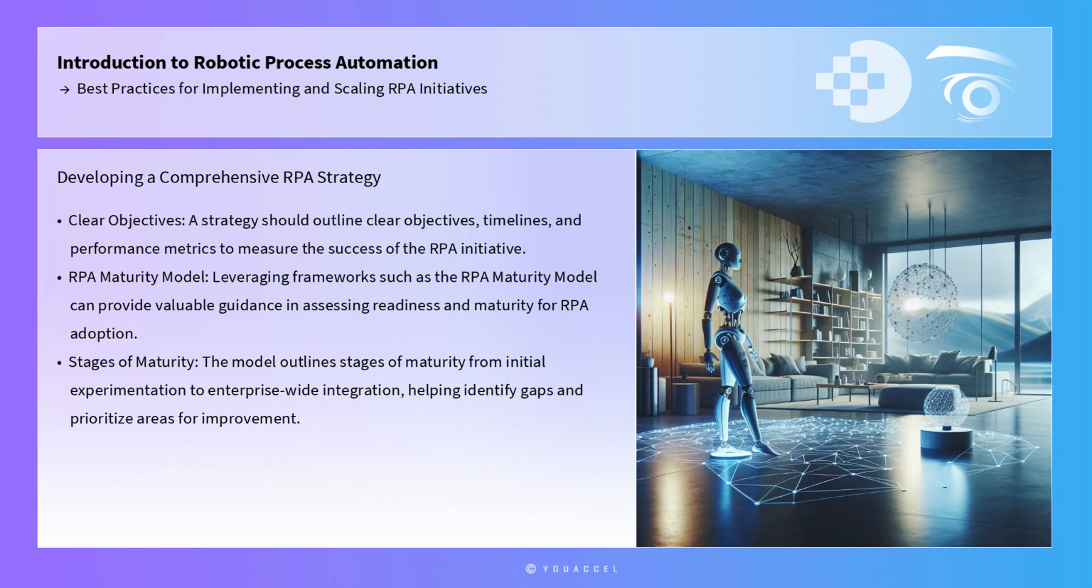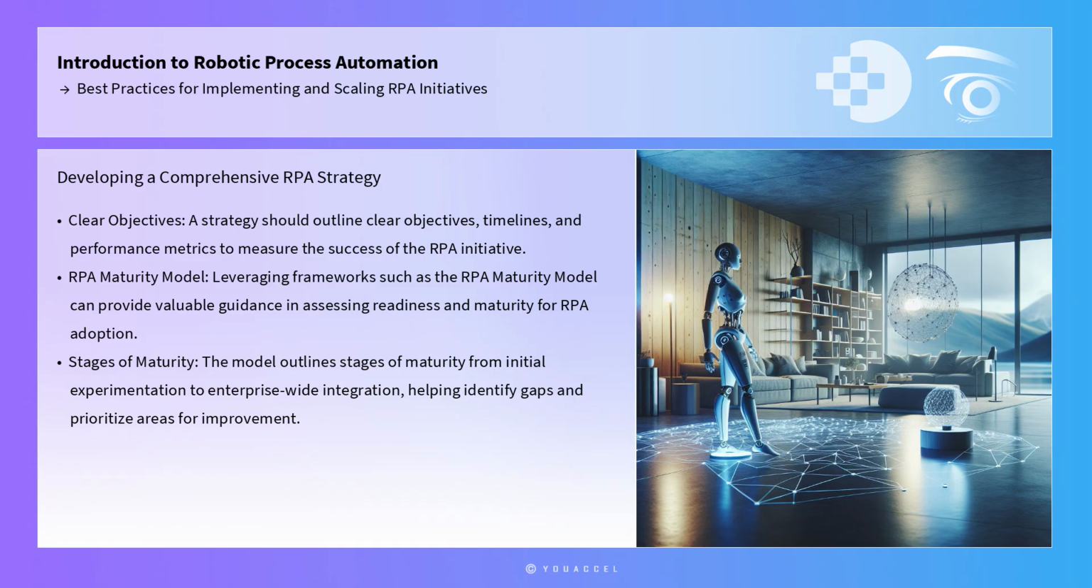Developing a comprehensive RPA strategy is another vital component of successful implementation. This strategy should outline clear objectives, timelines, and performance metrics to measure the success of the RPA initiative. Leveraging frameworks such as the RPA maturity model can provide valuable guidance in assessing the organization's readiness and maturity level for RPA adoption. The model outlines stages of maturity from initial experimentation to enterprise-wide integration, helping organizations identify gaps and